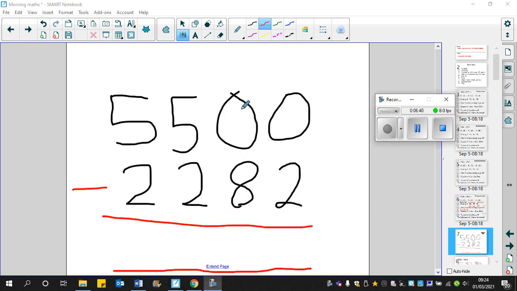Okay, moving on then. Question 5 is 5.5 litres take away 2 litres and 282 millilitres. And before we even start this, the important facts you need to know here are that clearly 1,000 millilitres is 1 litre, and so that's why the 5 for the 5 litres, that's why the 5 is in